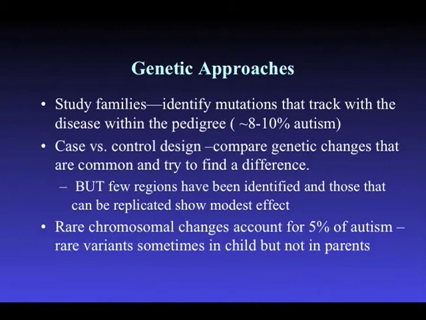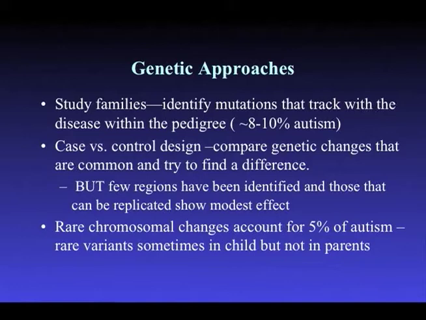The other area, which people have broadly applied, not just to autism, but to diseases like schizophrenia and other neuropsychiatric diseases, has been this idea of a case control design. This is what has often been referred to as genome-wide association studies. And here the idea is pretty straightforward. You basically have a bunch of individuals that are affected and a bunch of individuals that are unaffected. You're looking for common variation, in this particular case, things that are relatively common in a population, seen at a frequency usually greater than 5%. And you're trying to see if there's something different about the cases when compared to controls.